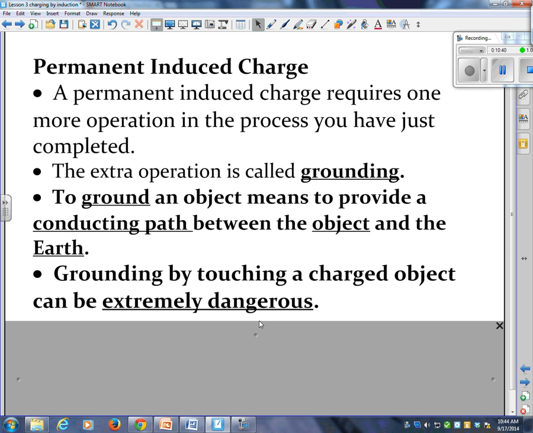Now you've probably heard about the ground wire or something like that. To ground an object means to provide a conducting path between the object and the earth, much like Blake did when he was holding a piece of paper up to it. He's removing the charges. They go towards the ground. Grounding by touching a charged object can be extremely dangerous. If it has a high charge and you ground it by touching it,